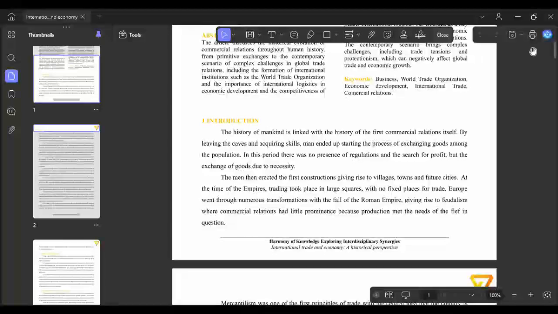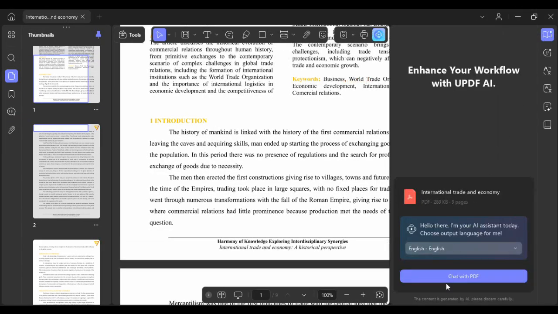Since this is an AI integrated software, you can harness the power of AI. UPDF 2.0's AI supports both ChatGPT 4.1 and DeepSeek R1. Just click on the AI button right here to translate or summarize. You can even use this to explain some parts of the article that you'd like to get clarification on.